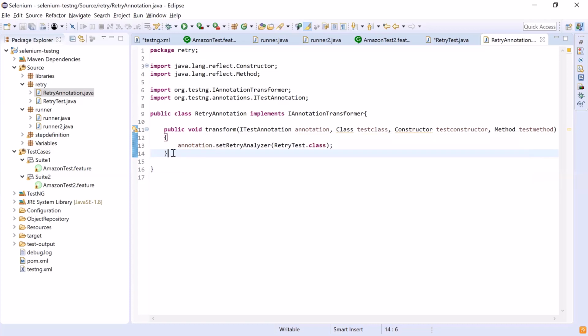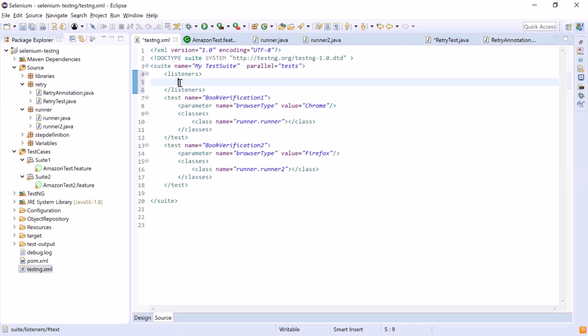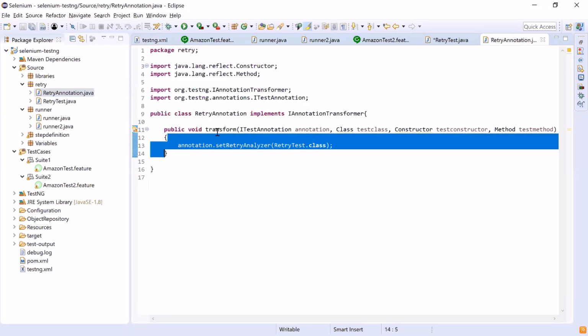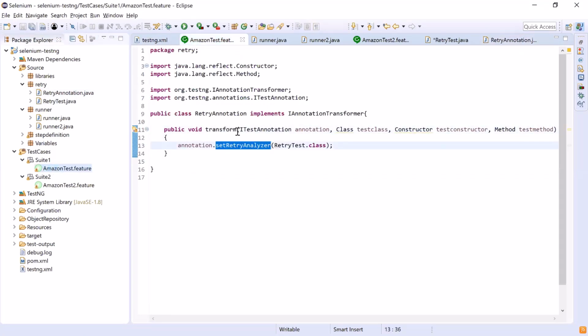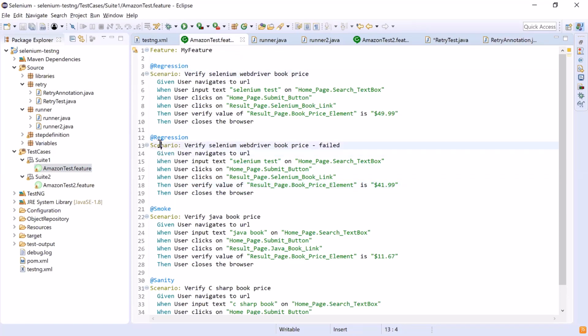Now let's go back to the testng.xml file and then add a listener over here and provide the value for class name as retry.retryAnnotation.class. So when we run our test, this setRetryAnalyzer method will set the retryAnalyzer attribute at runtime with all the scenarios or test methods available in the feature files.